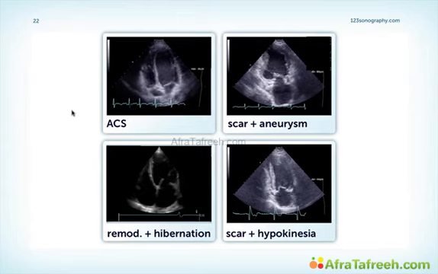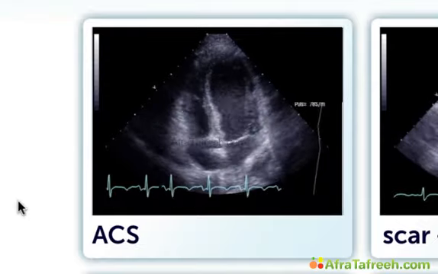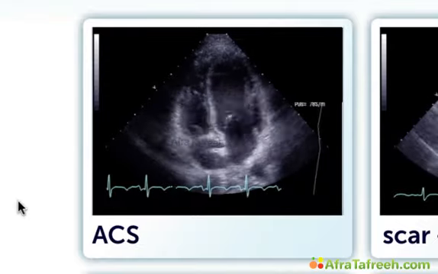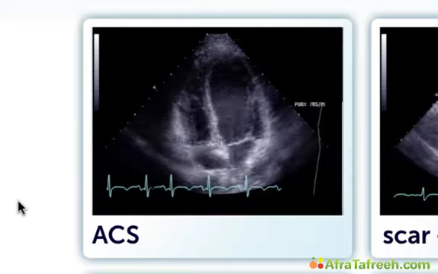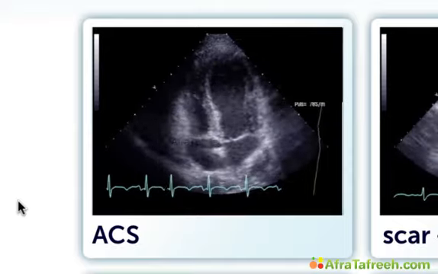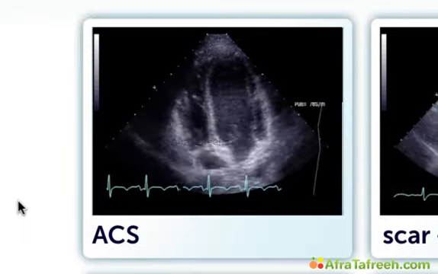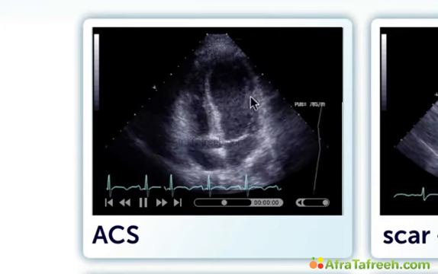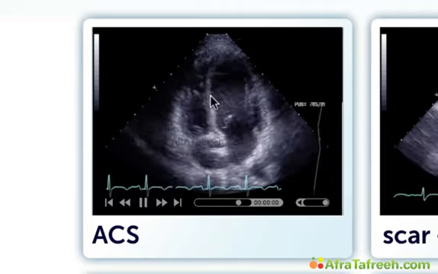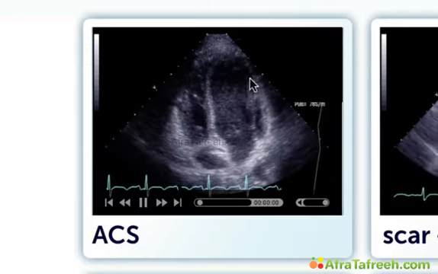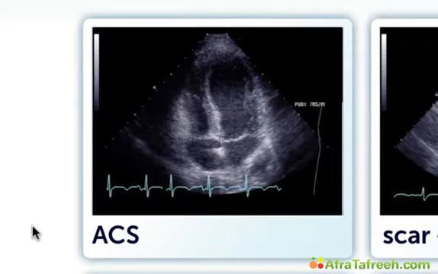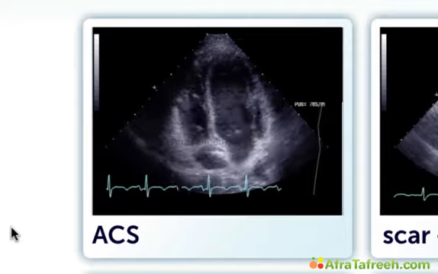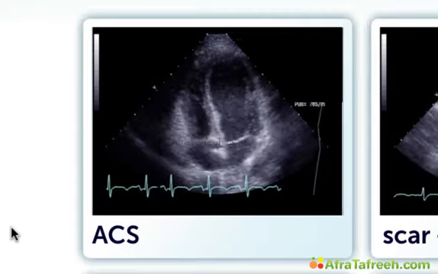Now here are some examples so you understand the full power and potential of echocardiography. On the left-hand side is a patient who came in with unspecific chest pain where we were not sure what the patient really had. The ECG was not very conclusive and we thought the patient actually had myocarditis. But when we performed echocardiography, we immediately saw this regional wall motion abnormality. The entire apex is akinetic. The wall thickness is preserved. So that brought us to the suspicion of acute coronary syndrome, which was documented by coronary angiography, and the patient